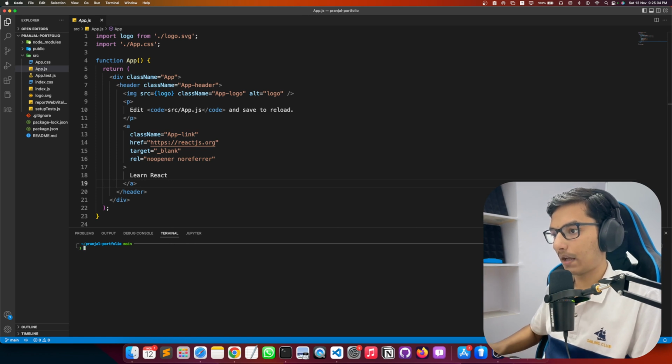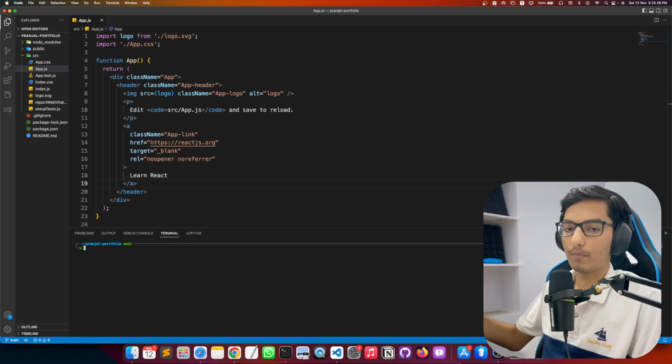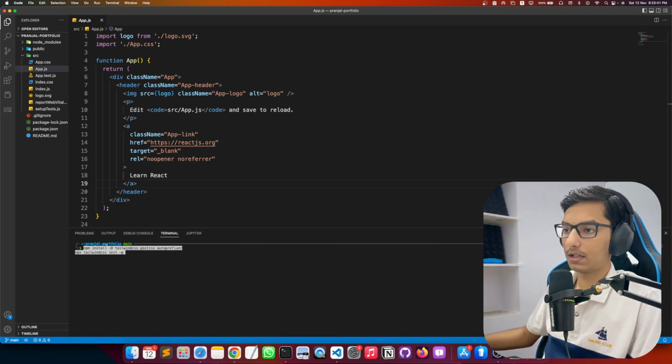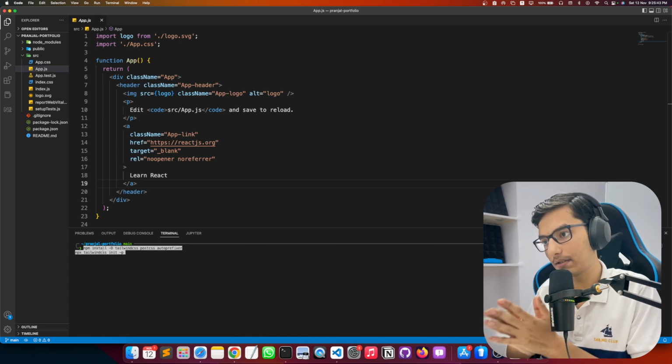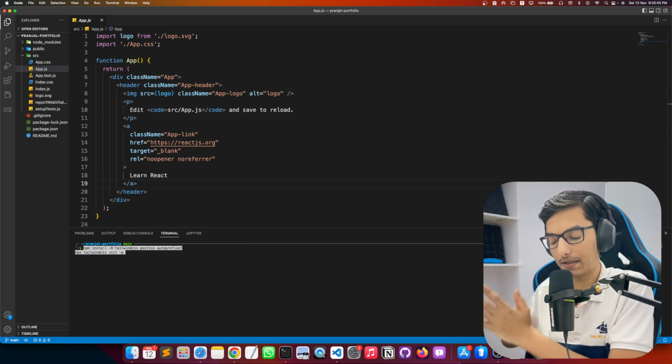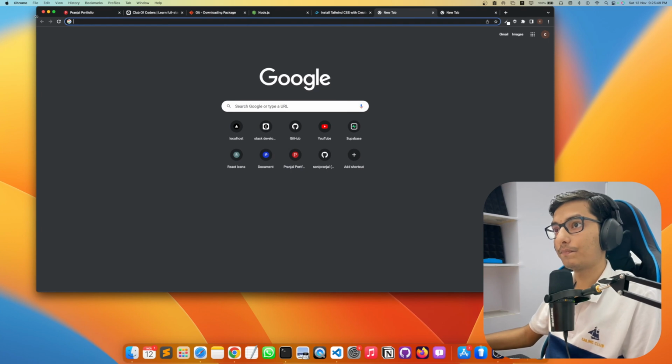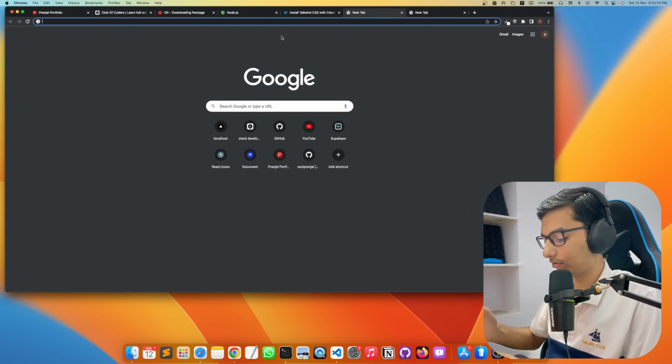Okay, now we have copied the commands from there and we will just paste them. npm install means install that library from the npm package directory. What is the npm package directory? So here we will go. If you search npm,